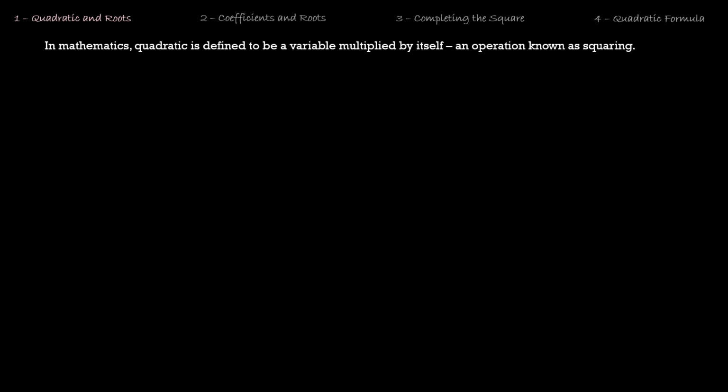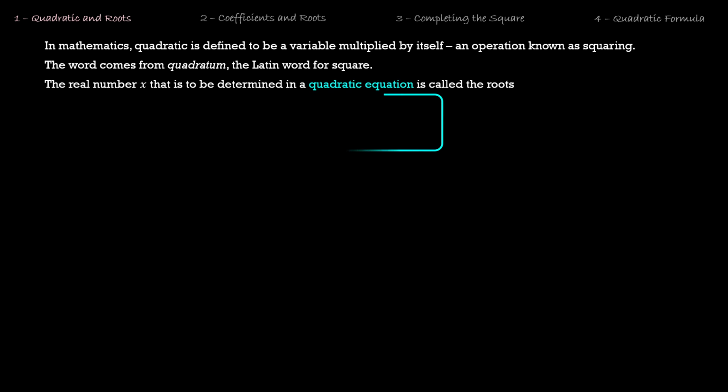Where a variable is multiplied by itself once, such as x squared, the equation is said to be quadratic, a Latin word that means square. For any value of x that satisfies a given quadratic equation, we call it the solutions, also known as the roots. Often the general form is denoted by ax squared plus bx plus c equals 0. The values that are tagged to the variable are also known as the coefficients, in this case the letters a,